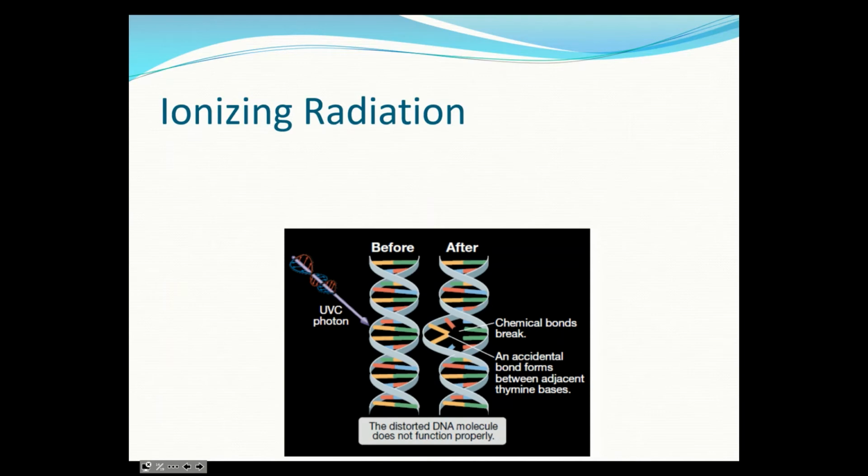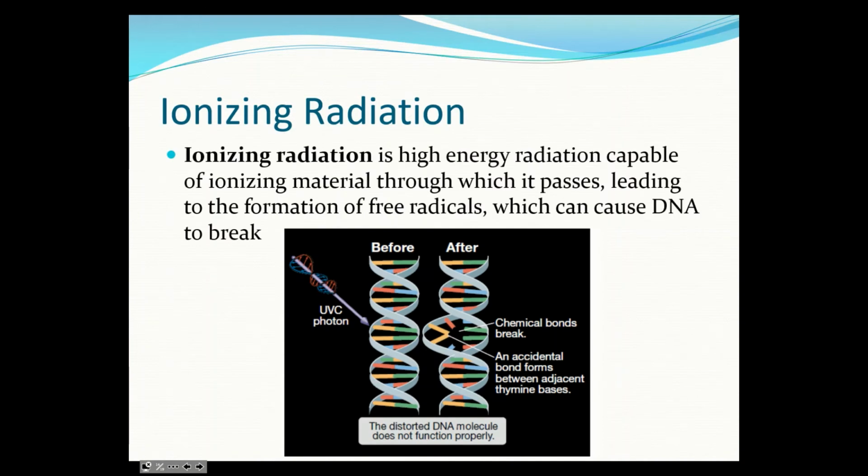So ionizing radiation. Anything past UV, so UVC is the start of our ionizing radiation, and ionizing radiation is high energy radiation capable of ionizing material through which it passes. So this UVC photon can penetrate through our skin, and it can reach our DNA. And when it reaches our DNA, it can break through those nucleotides, and it can break those